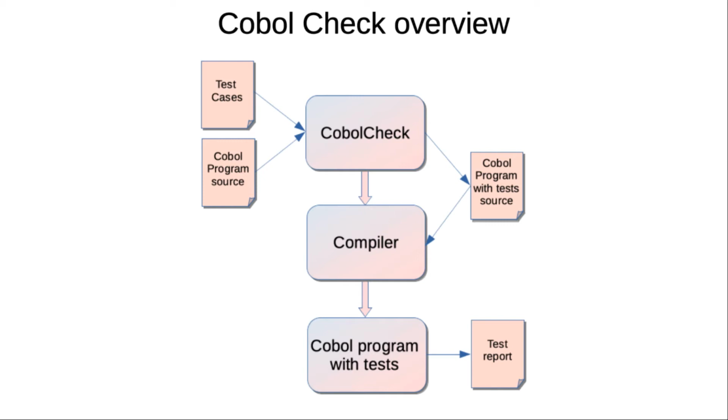This is not ideal on a philosophical level, as we are not testing the exact same copy of the program as will be deployed in production. But the approach of running a preprocessor is normal in the mainframe environment. It's the way special commands are inserted into Cobol programs to support CICS and DB2. A preprocessor converts those commands into standard Cobol call statements that invoke the appropriate system facilities. Cobol Check uses the same strategy to inject test code into the program under test.